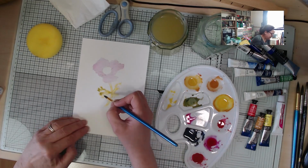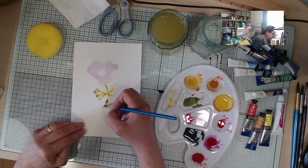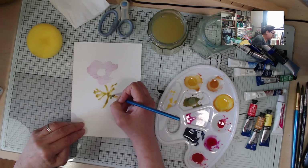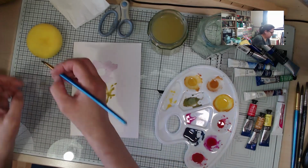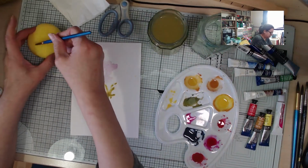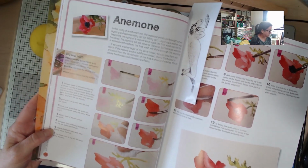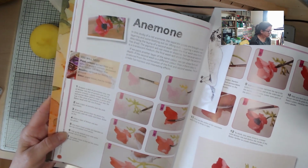It's easy. I quite like that because it's just mingled, not thoroughly mixed. I am getting some variation of colour there, it's quite nice. I think my mix of green looks a lot more of a dull shade than Ann's is. Allow to dry. Okay, but I'm not going to just wait for them to dry, I'm going to start on the petals because